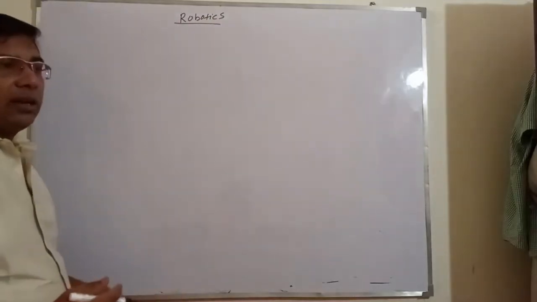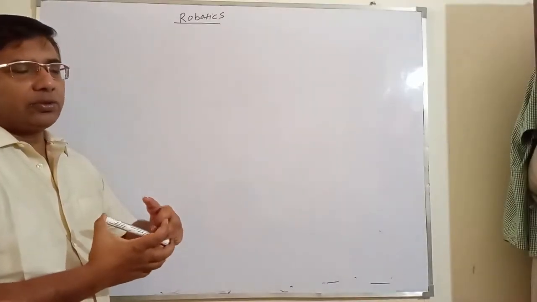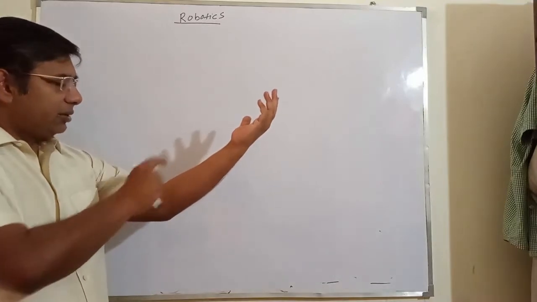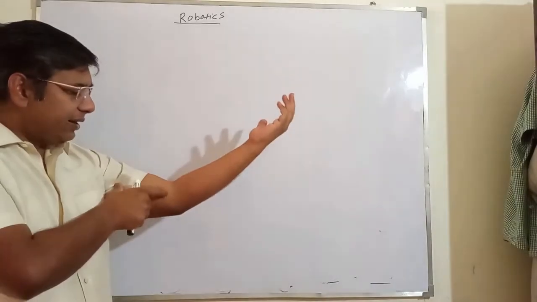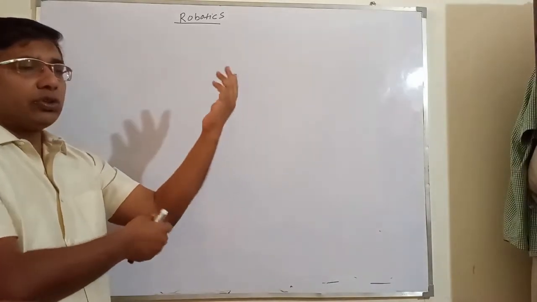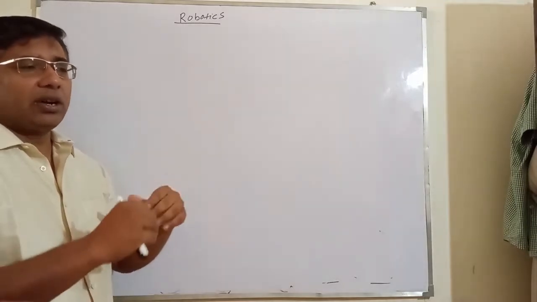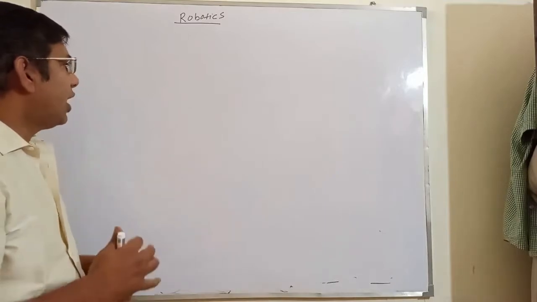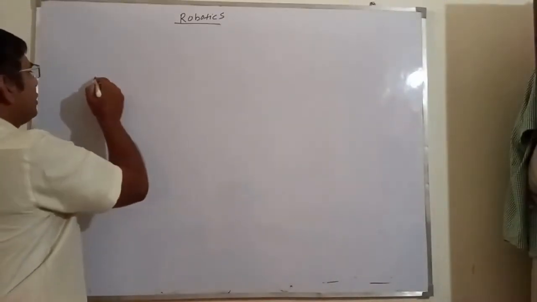So we know that a robot is made of a manipulator. We have a link. We can compare it with our own hand here. It's like a link, and this is the joint. Okay, so a joint can be a revolute joint, meaning it can rotate, or it can be a prismatic joint. It can slide. So here suppose we have a two link robot.